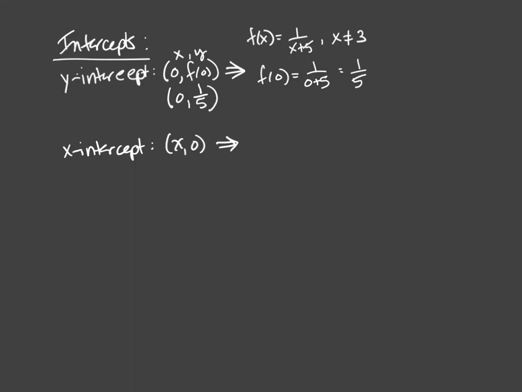My x-intercept means I set it equal to 0 and solve for x. And so if I try to solve this, well, there's nothing. This would be claiming that 0 is equal to 1, but that can't happen. So there is no solution. A fraction is equal to 0 when its numerator is equal to 0, and a fraction is undefined when its denominator is. But we're looking for where it is 0. So that would only occur if the numerator was 0, but the numerator can't be because the numerator is a 1. So there's none. Okay, so we have a y-intercept, but no x-intercept.